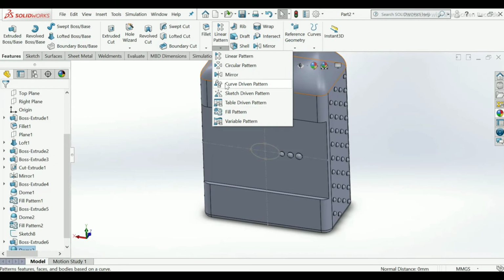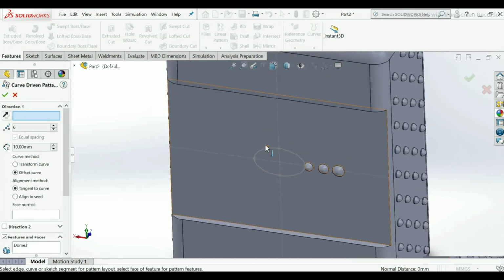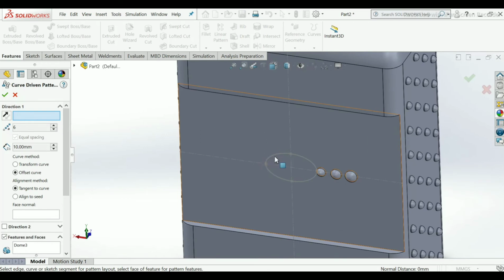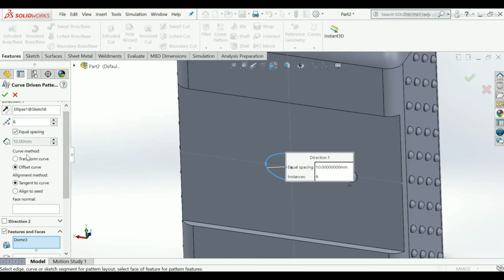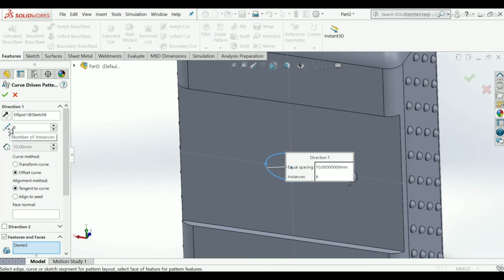Select curve driven pattern. Take direction 1 as this ellipse. Select curve method as offset to curve. Alignment will be tangent to curve. Number of instances will be 6.